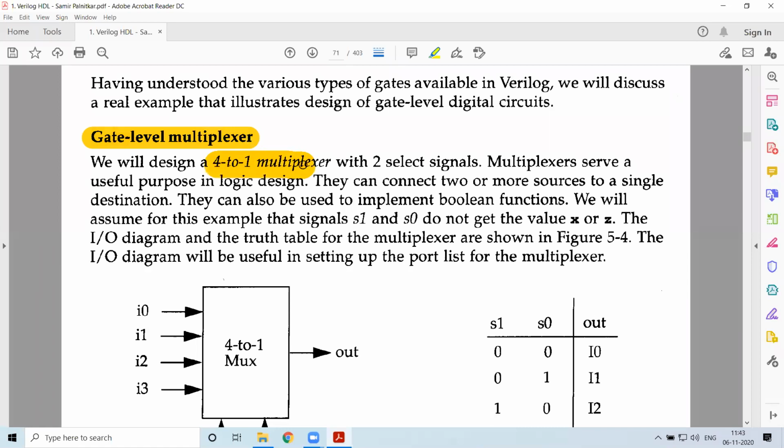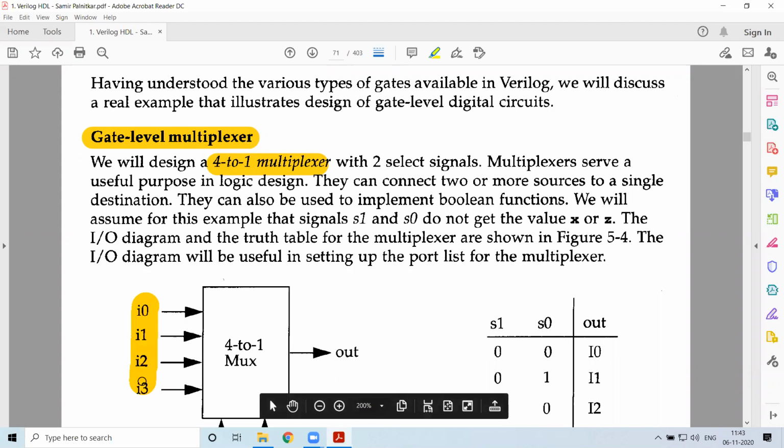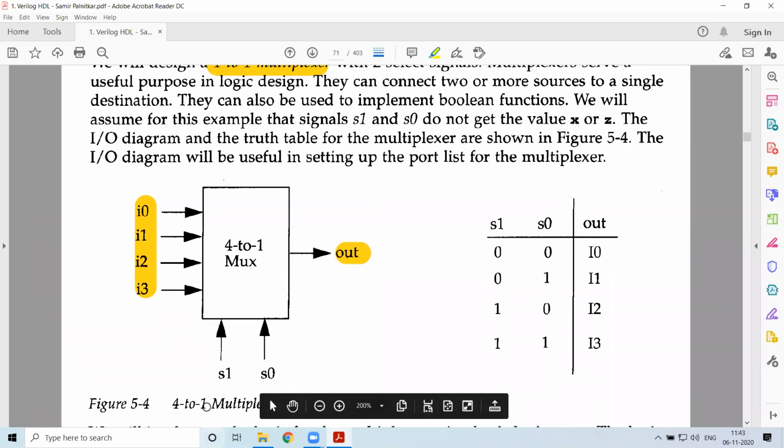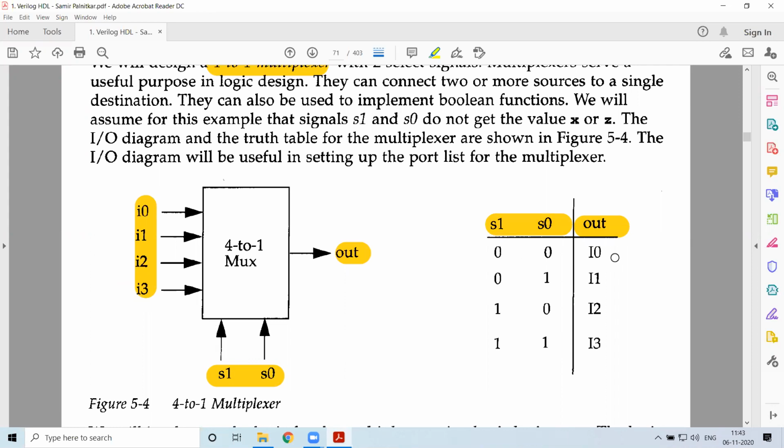Here we'll be considering a 4:1 mux. Since this is 4:1, I'll be having 4 inputs and 1 output. How many select lines will there be? There will be 2 select lines because I should have 4 combinations: 0 0, 0 1, 1 0 and 1 1. So 2 select lines and 1 output.